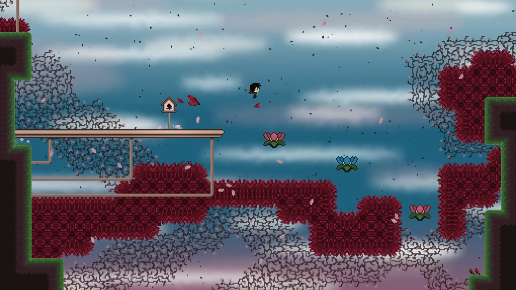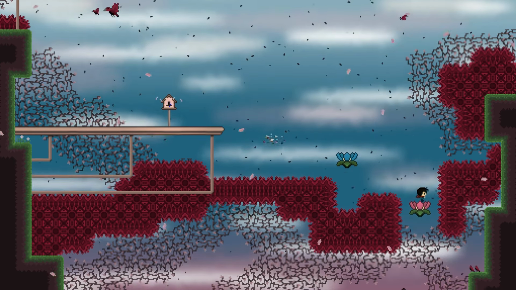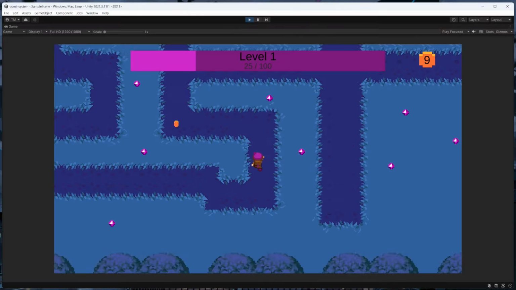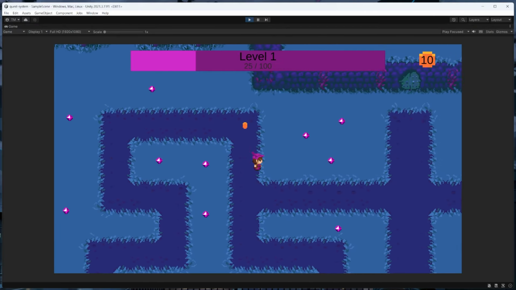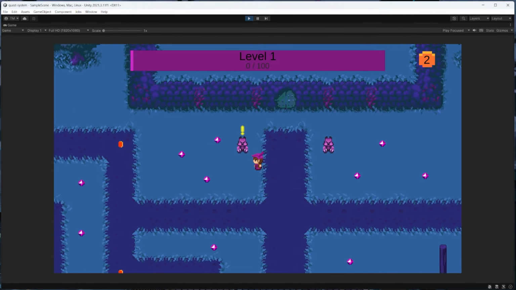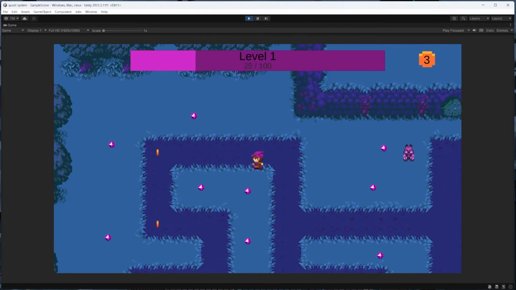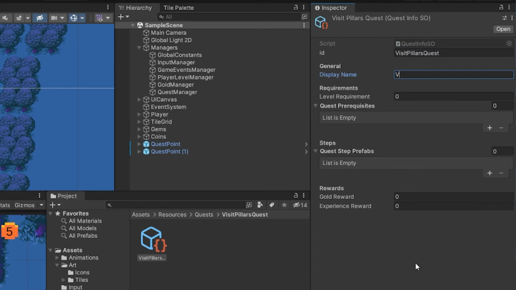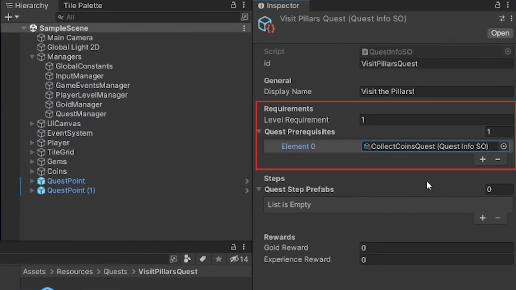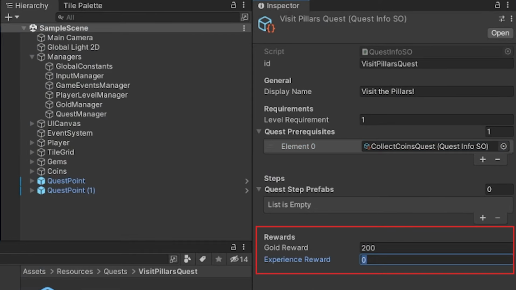Hey everyone, my name's Trevor, and in this video we're going to build an RPG-style quest system in Unity. We'll start with this simple project where we can run around and collect these coins and gems, and then we'll expand on that project by adding a quest system where each quest's information is defined in a designer-friendly way using scriptable objects. We'll be able to define the requirements for starting a quest and the rewards for finishing a quest,